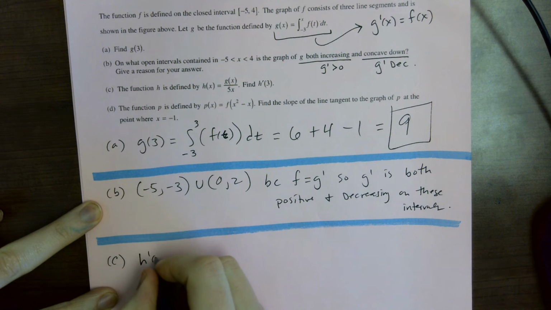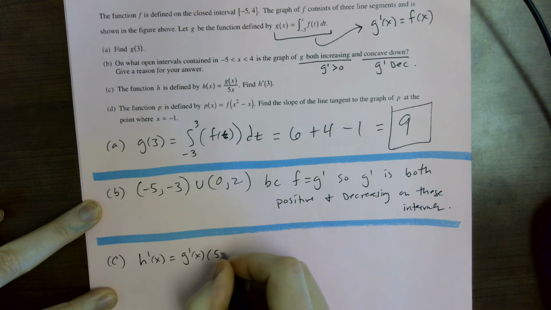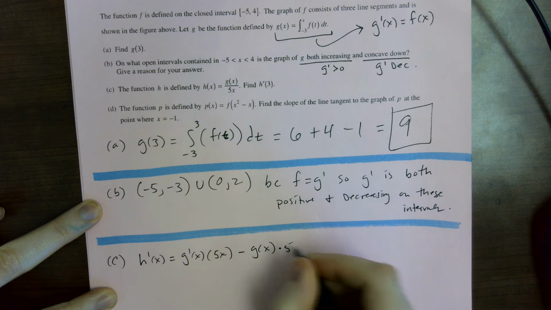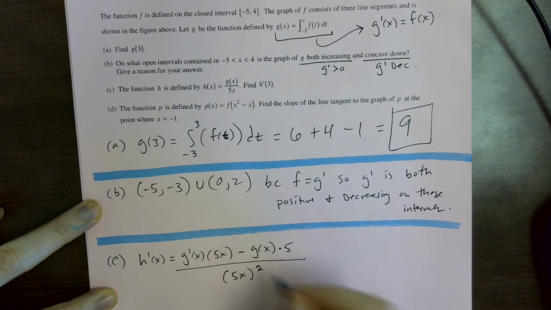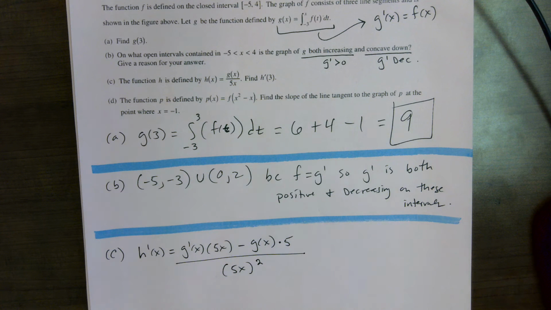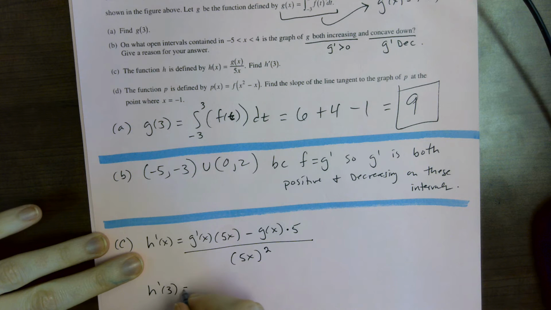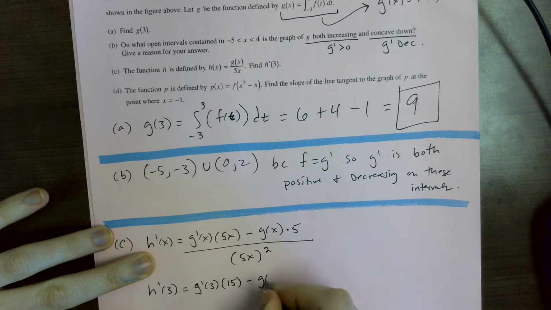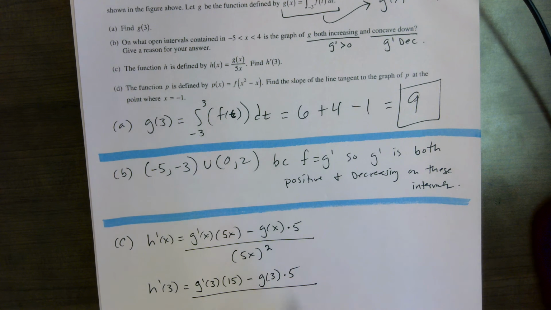So I'm going to have to find h prime of this. So h prime of x, derivative of the top is g prime of x, then bring over the bottom, 5x, minus, bring down the top, derivative of the bottom is just 5, all over 5x squared. Okay, now we're going to plug in 3. So h prime of 3 is g prime of 3 times 15 minus g of 3 times 5 all over,